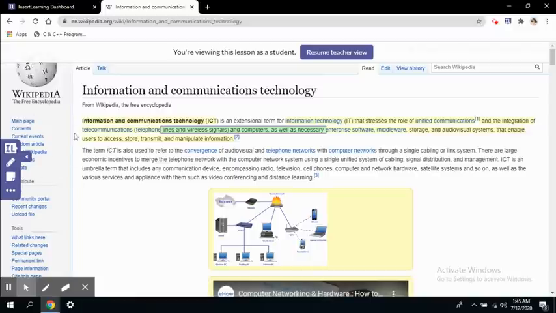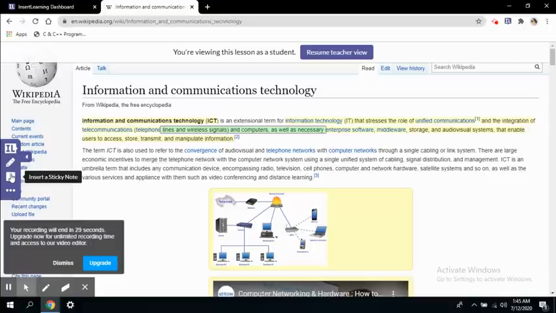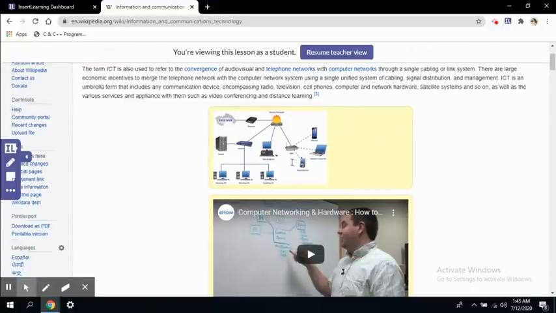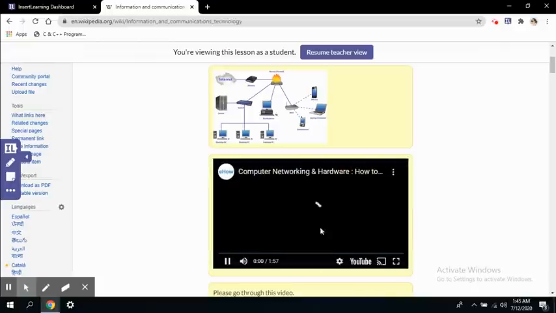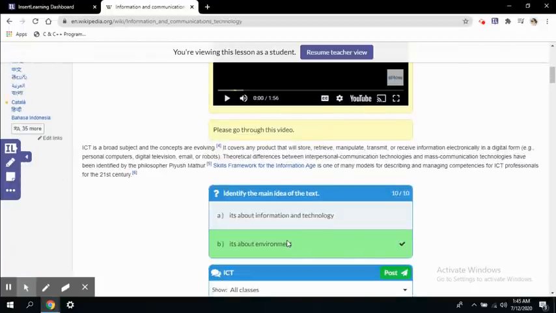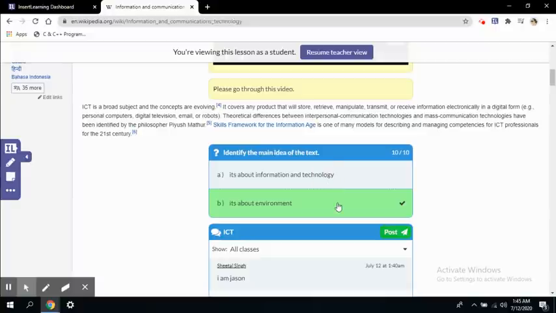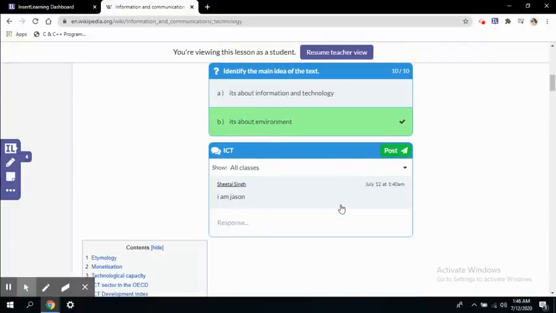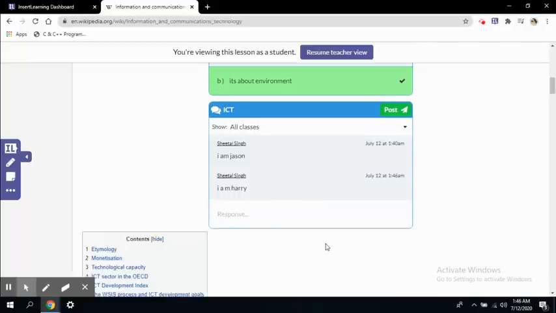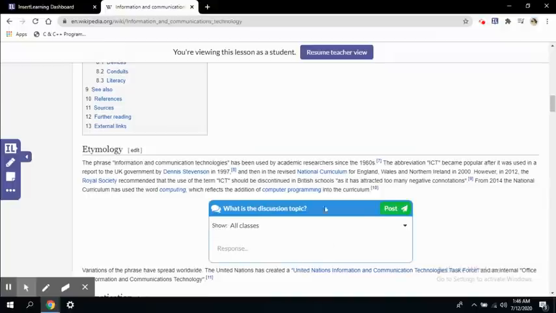All right, so as a student you can see only three options are available. They can highlight the text if they want to, as some students like to highlight more text so that they can learn it easily, and if they want to insert some sticky notes, they can do that too. So here you can see a student can view the video, or they can select a question, like if he wants to answer this question, this is answered, or I can comment, I am Harry, like this. All right, so this is the student view. Let's resume the